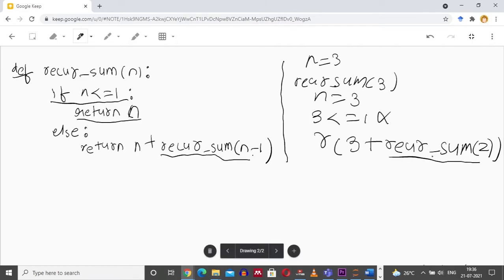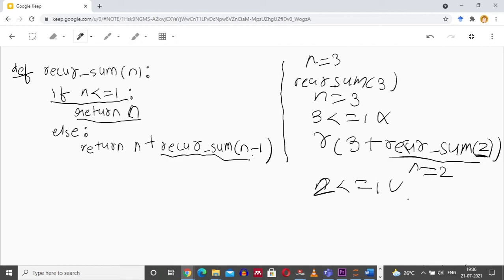At this point we are doing recursion, meaning calling the function from its body. So here for this function n value is 2. We check the condition whether n is less than or equal to 1, means 2 is less than or equal to 1 or not. Condition fails. We move to the else block wherein we return n, which is 2, plus again calling the function recursive_sum of n minus 1.